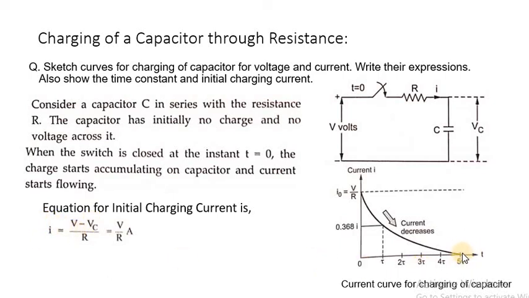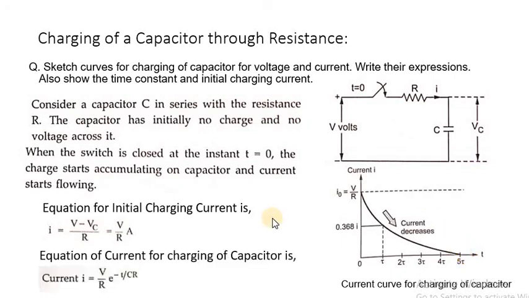So see, when your capacitor is fully charged under steady state condition, or after a long time, what is the current I flowing through the circuit? The current I flowing through the circuit is equal to 0. Clear? So this is called the charging current graph, and this is the explanation related to the charging current. Okay. Now, what is the equation of the charging current I for this complete operation from t equal to 0 to t equal to infinity?